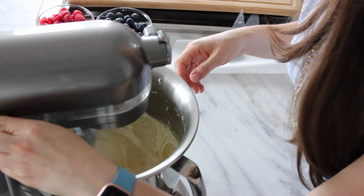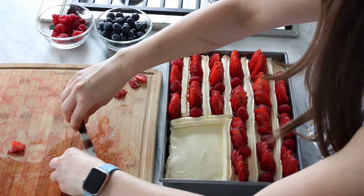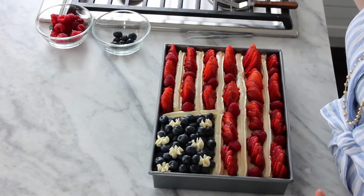Today we're going to make my version of an American flag cake. It's a light, moist vanilla cake that's topped with a luscious and silky smooth lemon Swiss meringue buttercream, and then all the berries. I'll show you how to make the asymmetrical stripes, and the whole thing comes together way faster